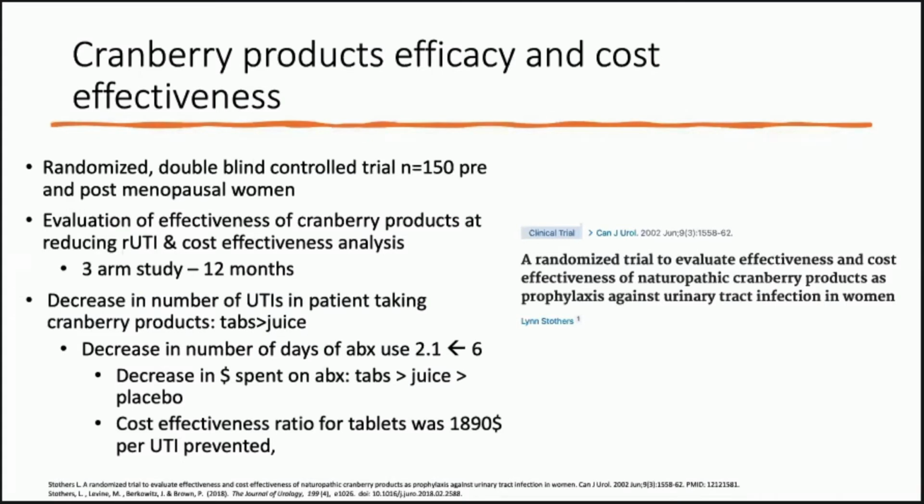And women were randomized to receive placebo juice plus placebo tablets, placebo juice plus cranberry tablets, or cranberry juice plus placebo tablets. And there were 50 women in each group. And the tablets were taken twice a day, as opposed to the juice, which was provided 3 times a day, 250 cc's. There was a significant reduction in the proportion of women experiencing symptomatic UTIs during the 12-month follow-up period